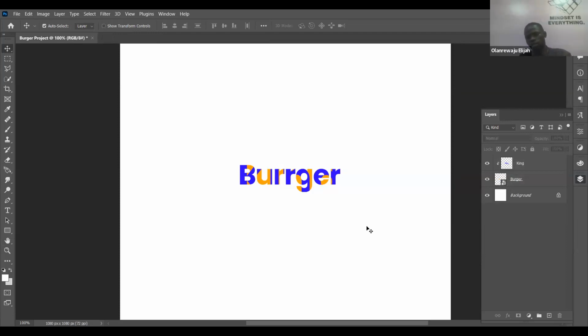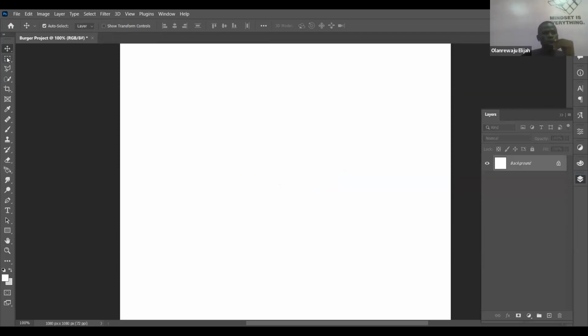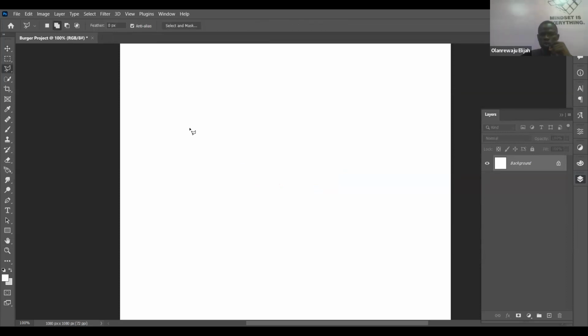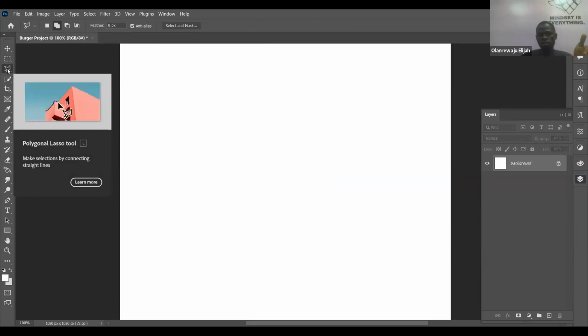So that is that. Now we have another tool, which is the polygonal lasso tool. This is what we use to crop any image in Photoshop. So if you want to remove the background of your picture, you use the polygonal lasso tool to do that.